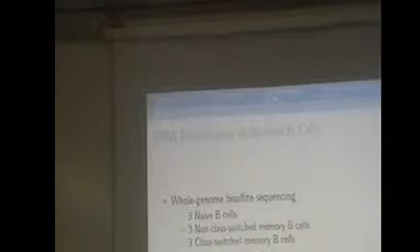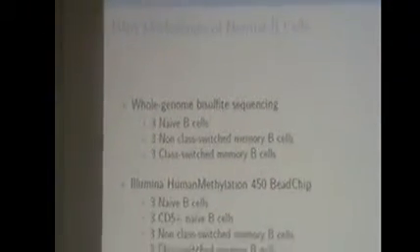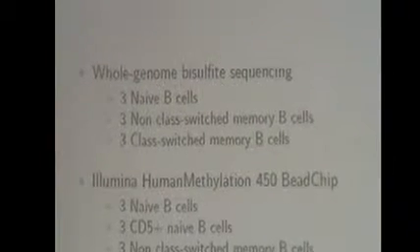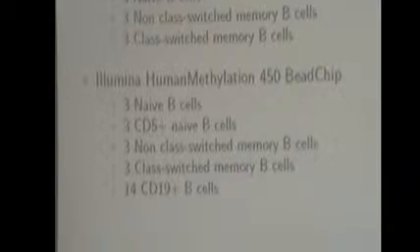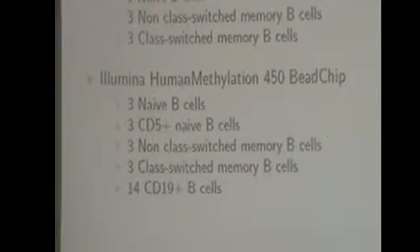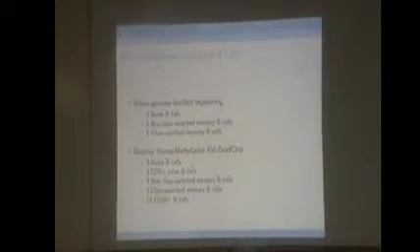And we also had normal counterparts of normal B cells, where we also did whole genome bisulfite sequencing and methylation array for several subtypes of memory B cells. You see that we had several different steps in the cell differentiation of B cells available right here. So what we did first of all was that we compared what happens in the normal differentiation process of B